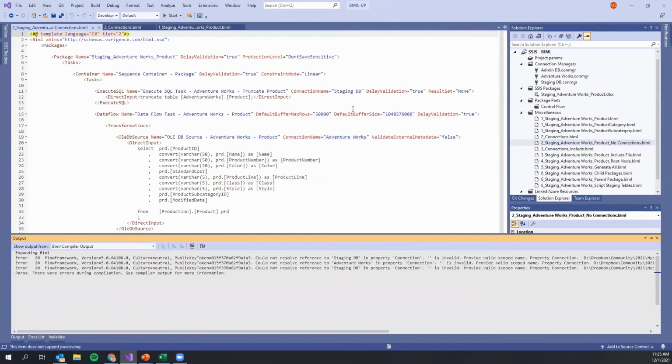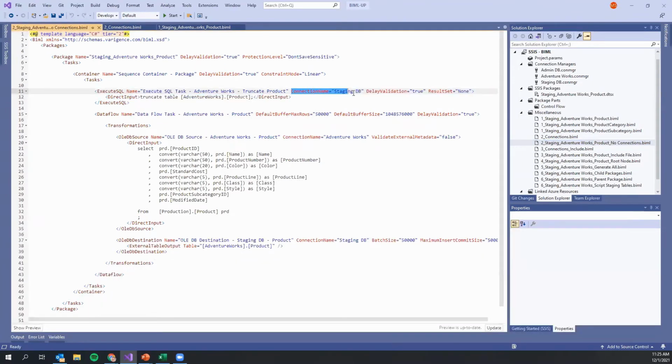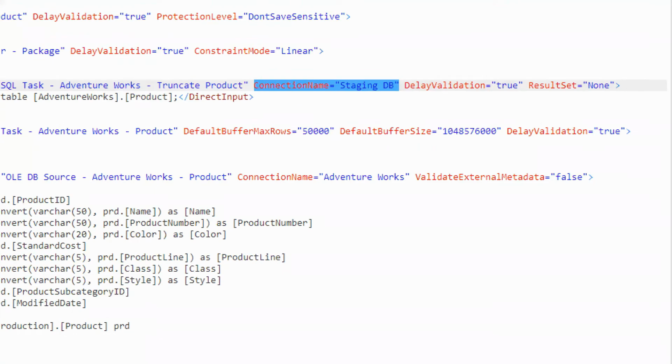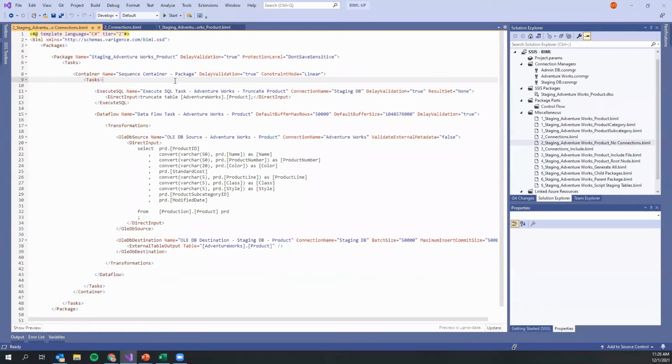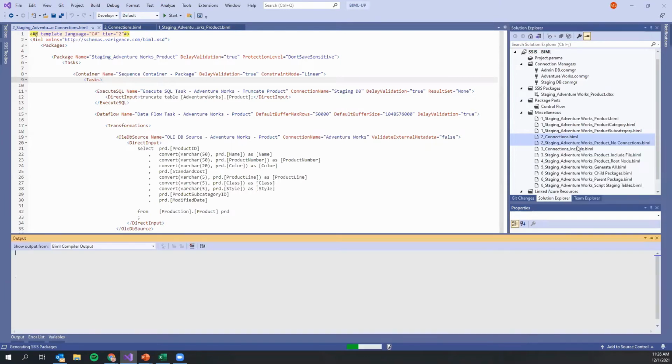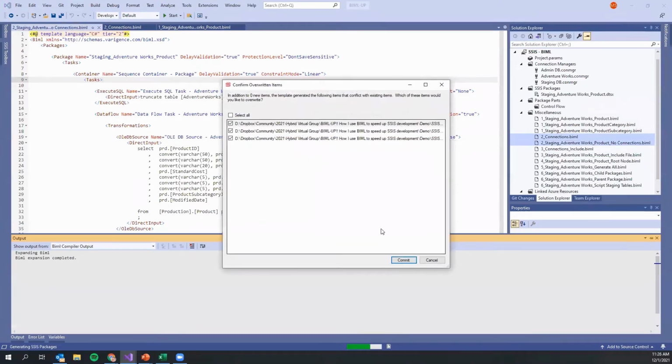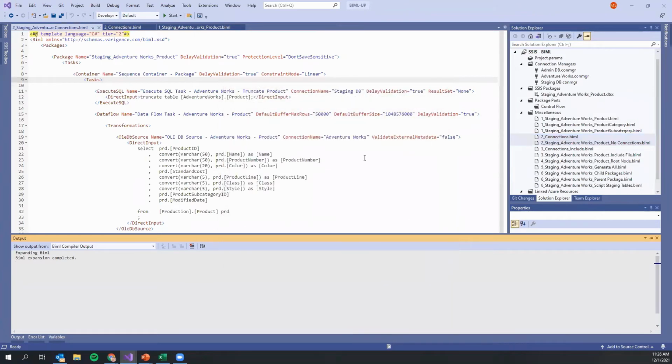And so that's happening right here, where we're pointing to a connection with the name staging DB, but it's not in our script file. But now also, as I've just told you, we can use the hierarchical nature of BIML and create all of these different tiers of scripts. And because we've done that, we can highlight both of these items. We can right click it, and we can click generate packages, and now you'll see it'll work beautifully and it'll